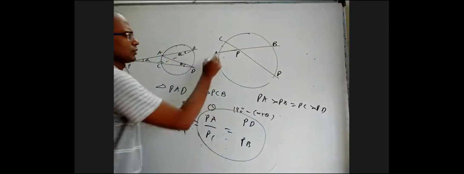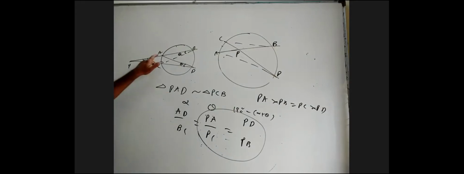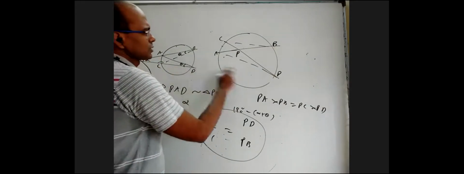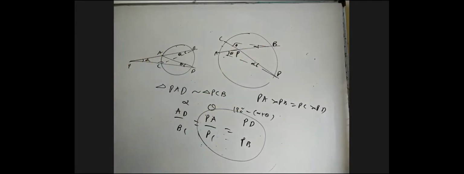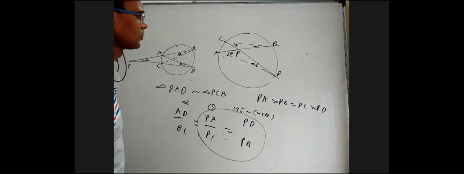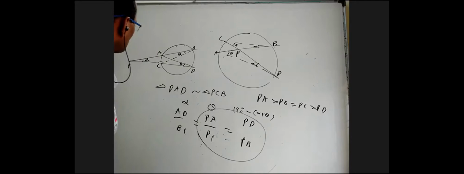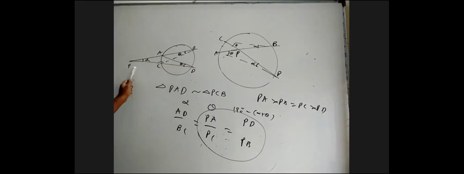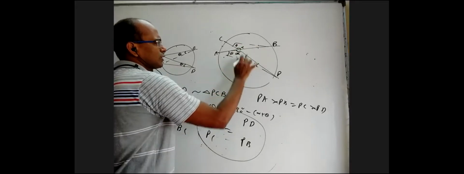Even the same explanation here. If we join these two and these two, everything is the same, I guess. Angle ADC is alpha. This is alpha, so this is alpha. This is theta, so this is theta. I'm sure everything becomes the same. Opposite to alpha in triangle PAD is PA, but here AD, because of the angle I took. So I can take this also. These two are alpha, alpha. This I can take as 180 minus theta also. Okay, fine.